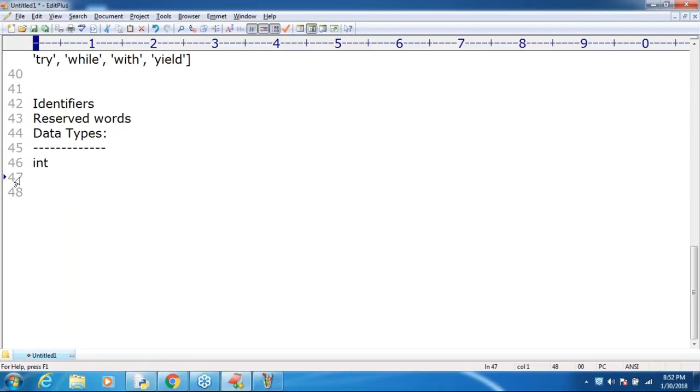Sir, in Python 2, long is also available, but in Python 3 long is not there. Remember that, sir. In the old version of Python, the long type is there, but in Python 3 even long values we can represent by using the int type only. Clear, right? Okay, sir, that's all. This is one thing. Next, what about the remaining things, sir?